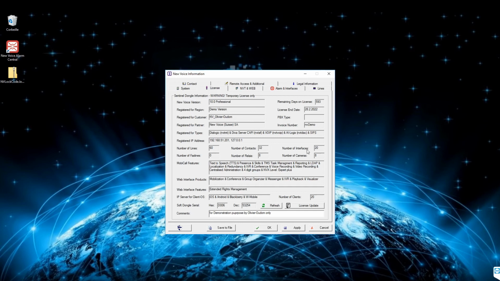Number of interfaces defines how many interfaces can be started at the same time on this MobiCall system. Keep in mind that the interfaces will be registered as ordered. Number of cameras is the amount of cameras which can be simultaneously connected to the system, to receive camera images